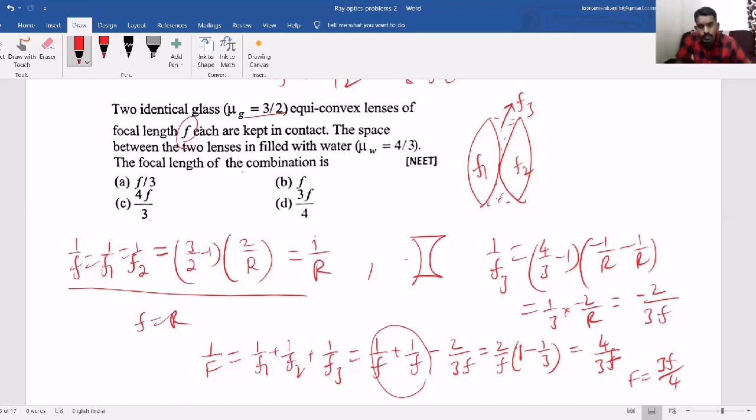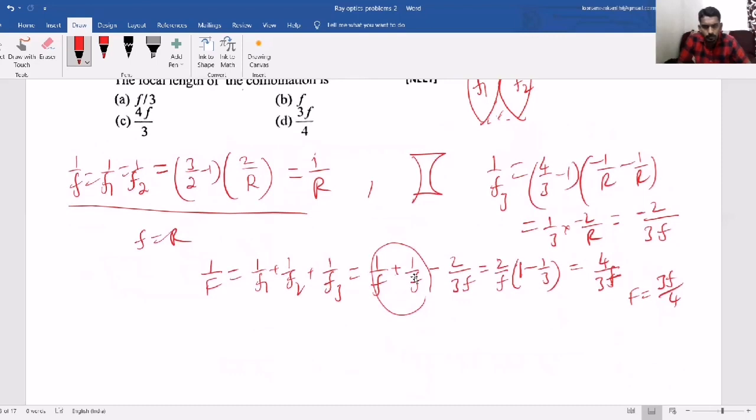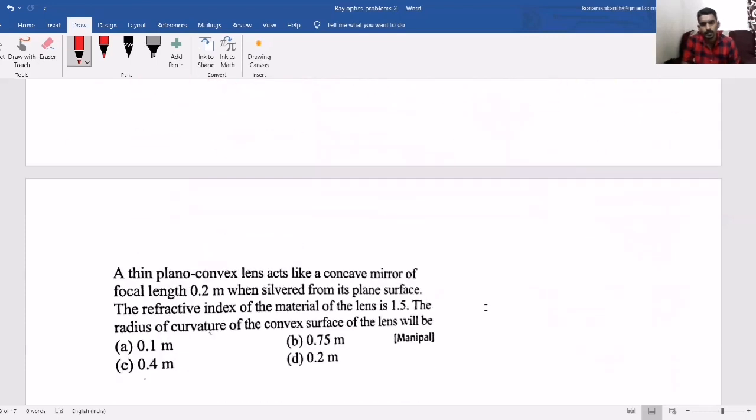So this way, I told you already this kind of question they will ask. And if you look at it, this is the NEET entrance question only. So that kind of questions also can come. Just take care of the calculation properly. Same question also can be asked, as I said, in case of two concave lenses kept in contact, F1, F2, and this space is filled with some liquid or some medium. Then that acts like a convex lens. And now the combination is like three lenses kept in contact. So 1 by F equal to, same again, 1 by F1 plus 1 by F2 plus 1 by F3.